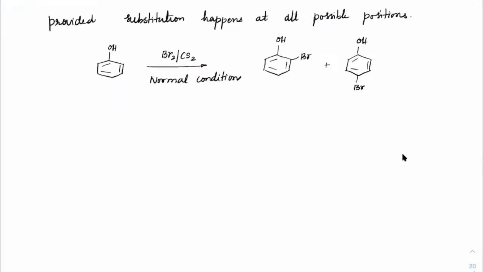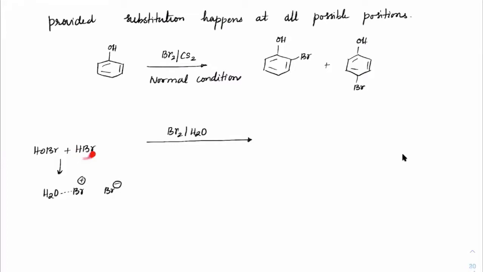But if we have a rigorous condition, as in bromine in water, Br2 in water is a rigorous condition. Why? Because it would give a very electron-rich Br plus. We know that. I can write it here: HOBr plus HBr is what it forms when we add Br2 to water. And here I can say that this is almost equivalent to H2O connected to this Br plus and Br minus. This is how it is.